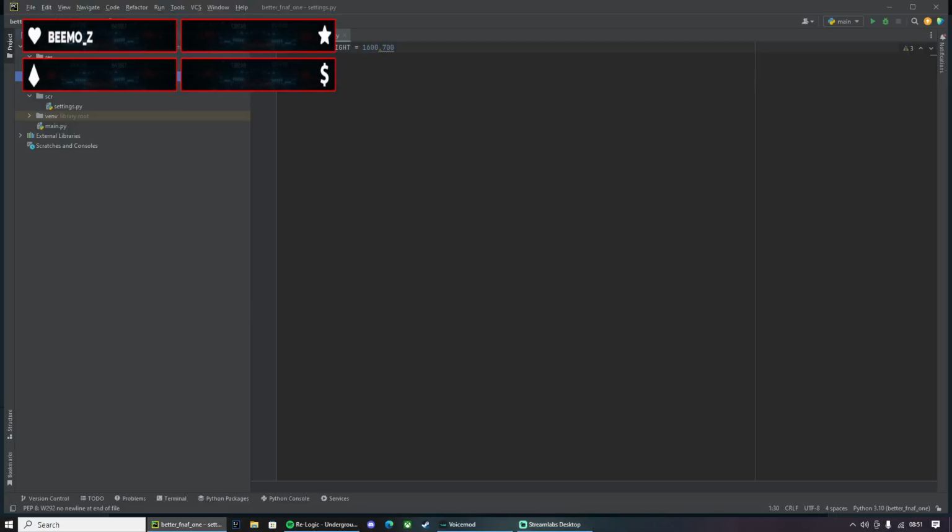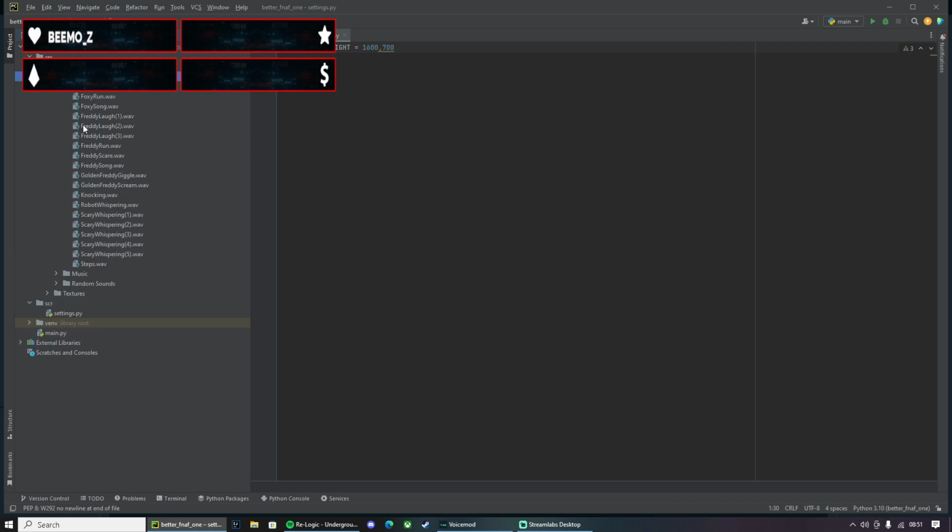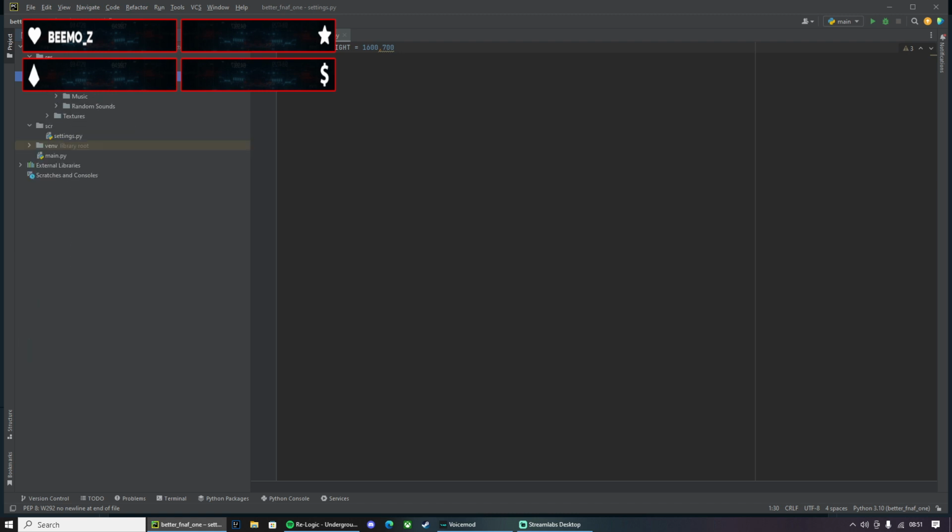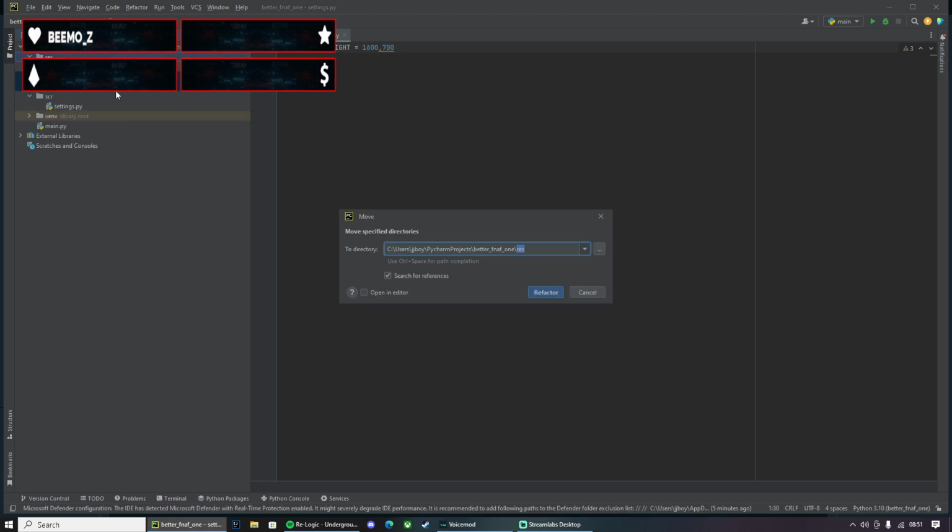So we've got these two now. They've got the sound from the animatronic jump scares or the running or whatever to the textures. Oh, my voice is dying. I don't know why. I think it's the hay fever. So we've got all of the good stuff. Let's just get all of them and put them in the resources folder, and we can get rid of the empty one.